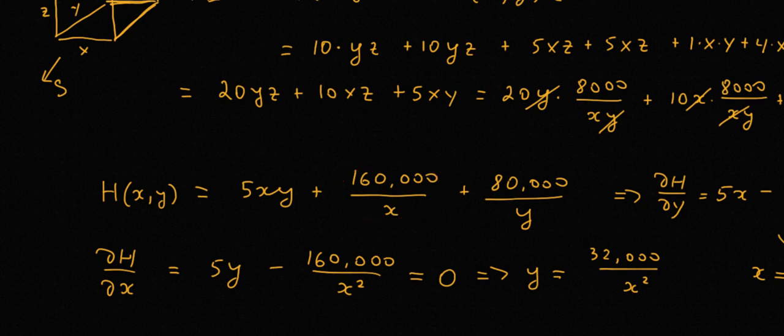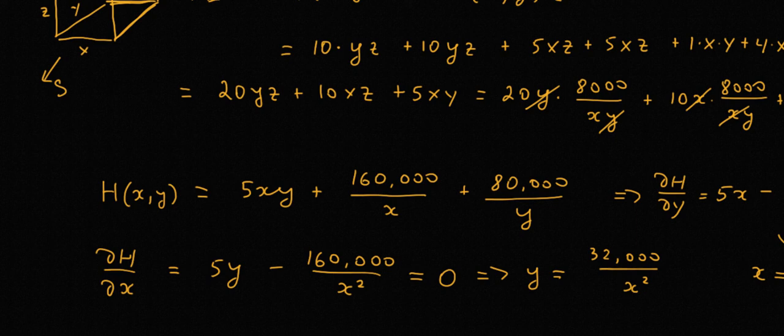Likewise, if y is very small, the value here is going to be very large. Now, if both x and y are very large, then the first term is going to be very large. And so we see that the function takes arbitrarily large values. Therefore, it does not really have an absolute maximum,